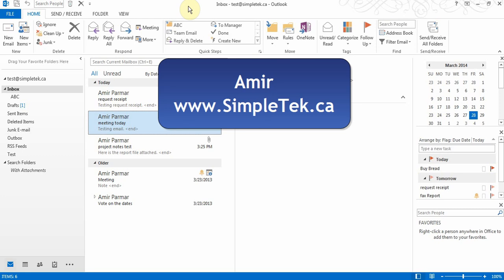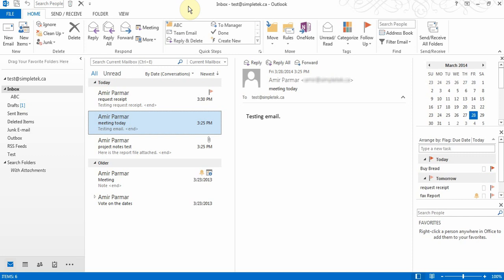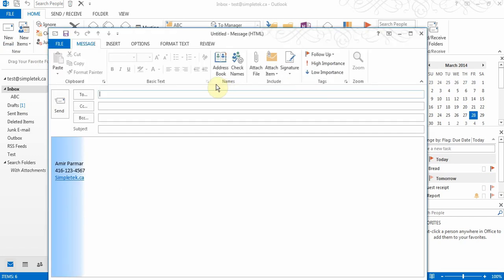In the previous two videos, I've already covered some of the important elements of Outlook. I just wanted to add some extra features, some minor elements, but some important ones that you need to know about it. The first thing is when I'm writing a new email and I'm trying to send it to somebody,